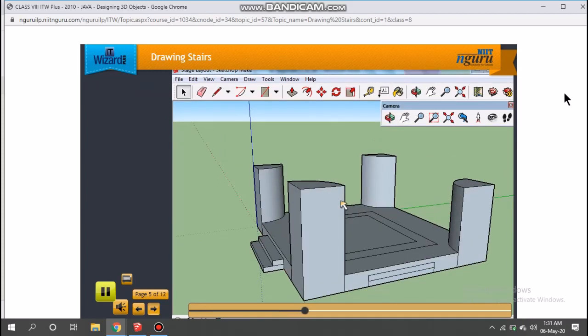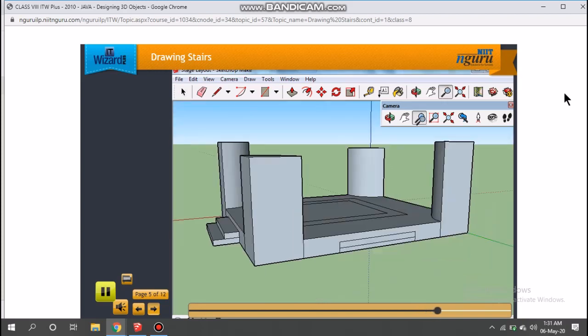Now add stairs to the front of the stage using the Line tool. Use the Zoom tool to get a bigger area for drawing. To use the Zoom tool, click the zoom icon on the Camera toolbar. Drag the cursor outwards to zoom into the layout.